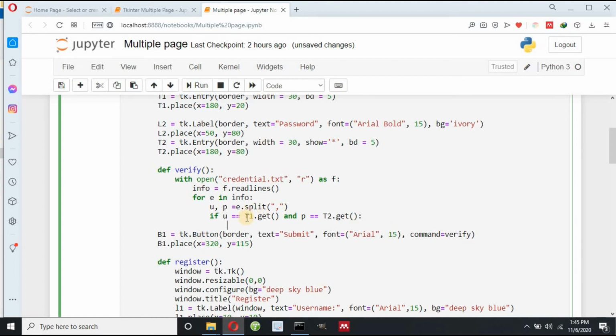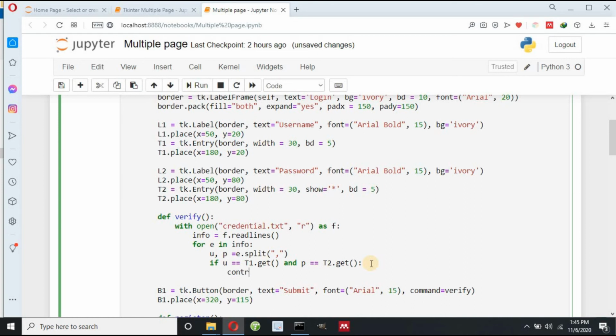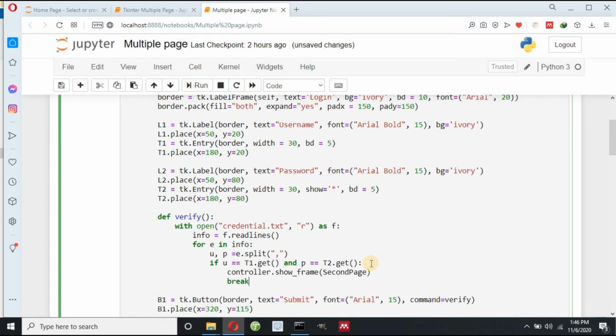So what is this? t1.get() is my username, and if I have the username and password already stored in this text file, I can redirect to the second page, controller.show_frame(secondpage), and then I can break this for loop, because when I find my username and password, I don't need to check further, so I can simply break.